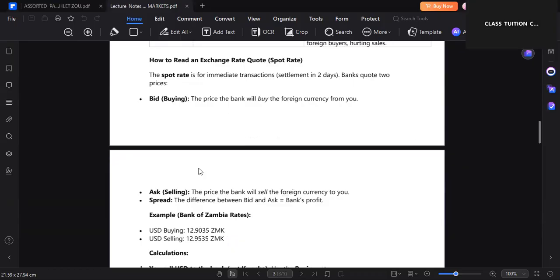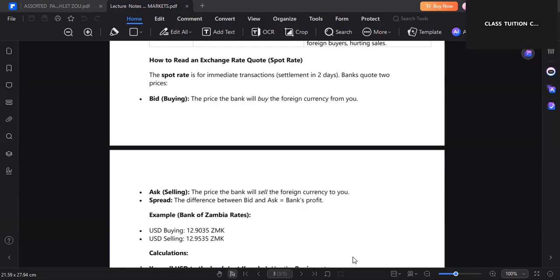Okay, so the spot rate is for immediate transactions. However, immediate in banking usually means two business days. Now, let's look at a simple example from our Zambian bank where we see a US dollar, the bid price